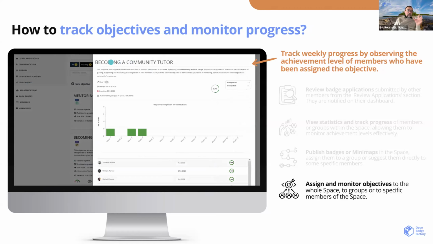And you can follow the weekly activity of the completion of this objective. So you can see how the learners or the members are progressing with it. You can have 2 kinds of objectives. Optional objectives mean that if you are interested, you can engage in this objective, so you can accept it or reject it. Then you have mandatory objectives, which you can't really reject. It will go into your personal objectives and you have to do it.